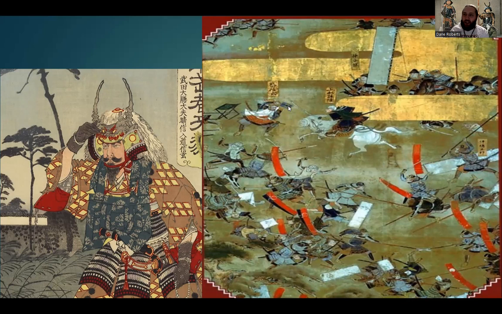And Takeda Shingen, according to the accounts, pulled up an iron war fan, which is exactly how it sounds, a fan made of iron, and was able to defend from the sword and prevent his head from getting cut off. And then he was able to launch a counteroffensive against the Uesugi forces that Kenshin had led into his battlements, which is just an awesome, fascinating story that to be honest, I don't understand why they haven't made a movie out of it yet. They've made so many samurai movies. Why can't they make that?